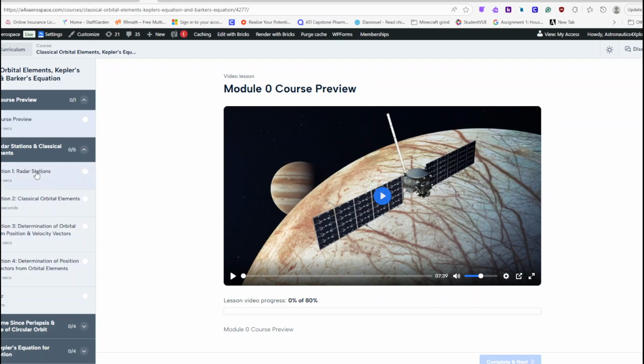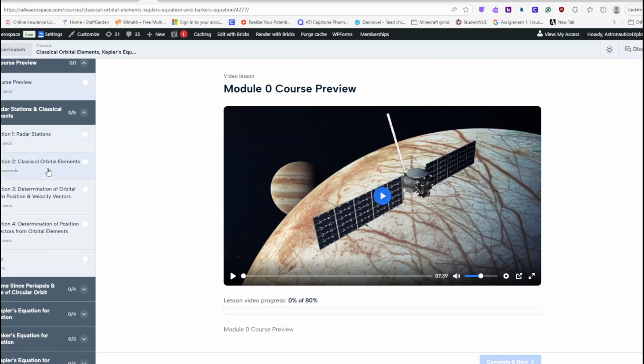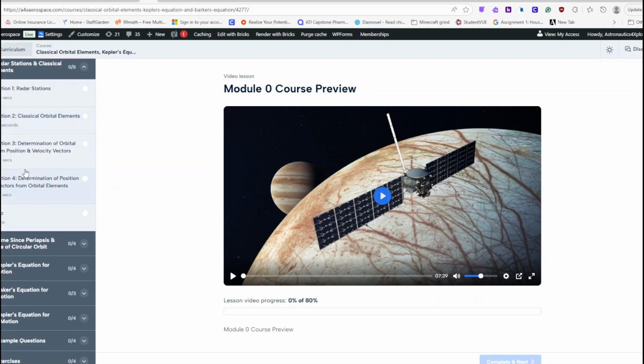Module 1 is about radar stations and classical orbital elements, and is divided as follows. Module 1 Section 1, radar stations. Module 1 Section 2, classical orbital elements. Module 1 Section 3, determination of orbital elements from position and velocity vectors, and vice versa. And Module 1 Section 4, determination of position and velocity elements from orbital elements. In Module 1, a quiz is given in order to enable students to be able to recap what was learned